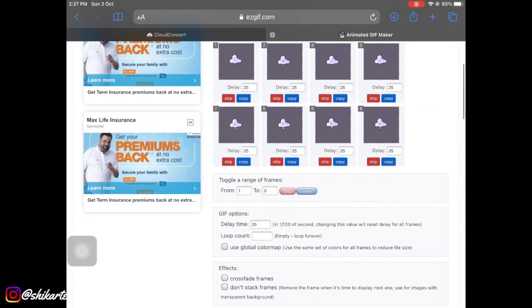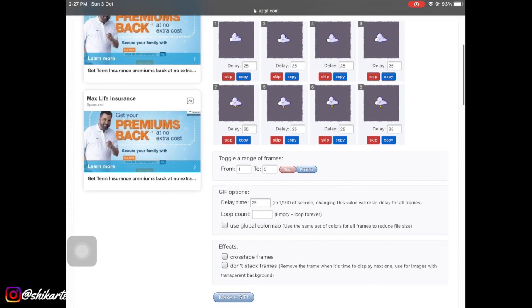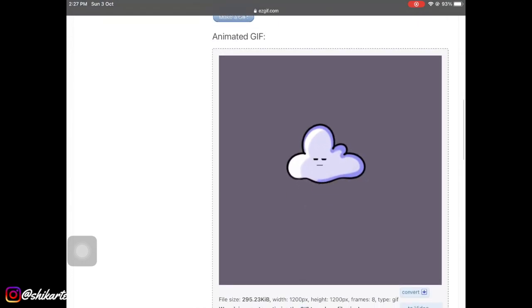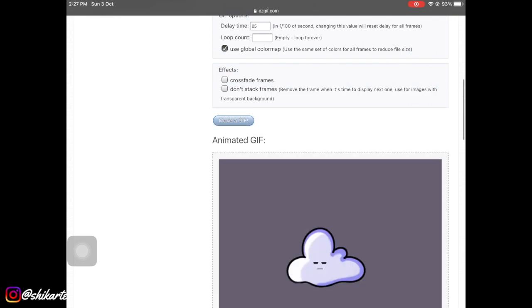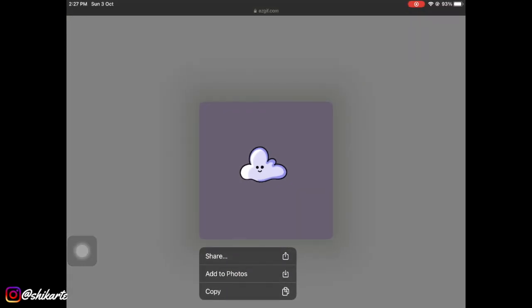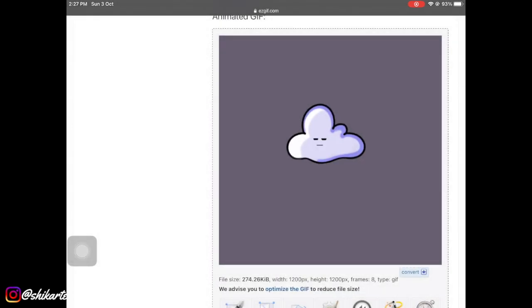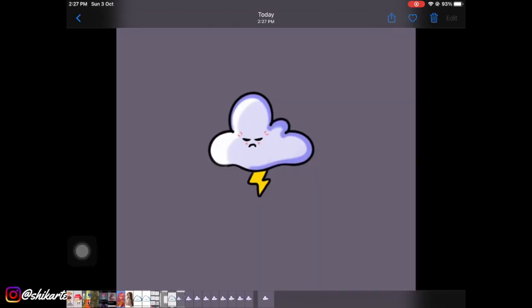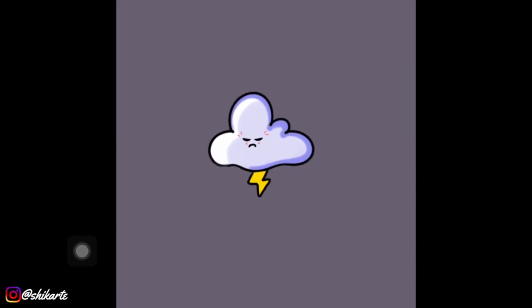If it's your first time creating any animated GIF and you actually chose to take help from this cheating tool, make sure to give credits to the real artist who created the real GIF. But yeah, that's how you create GIFs using Sketchbook, using all the free tools that you have, and you don't have to pay for anything. And if you're a beginner, that's how you use cheating as a tool to learn.